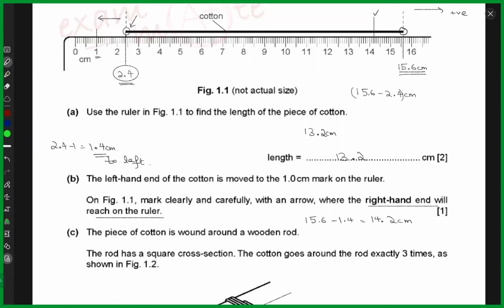Why would it be 14.2? Okay, it would be 14.2 because we're moving the cotton to the left. Now, if you're moving the cotton to the left, and they're saying you are moving it to the 1 centimeter mark, so if I'm moving the left end of the cotton, the left end